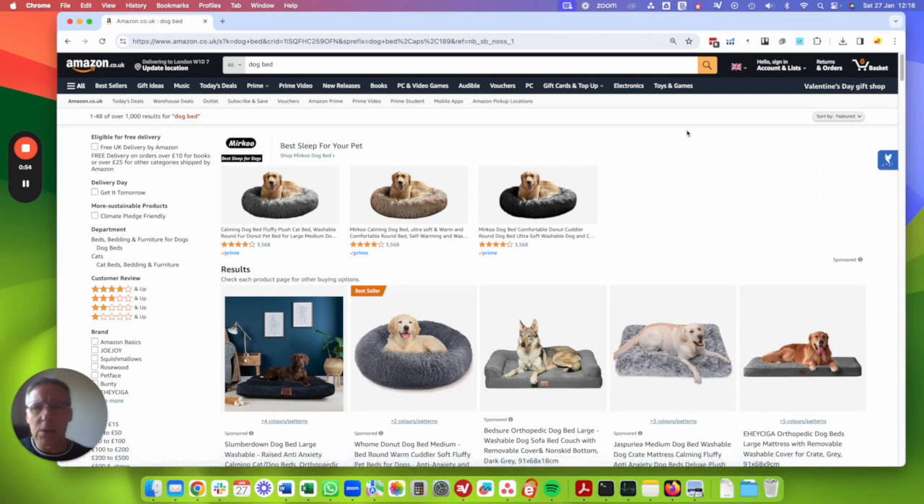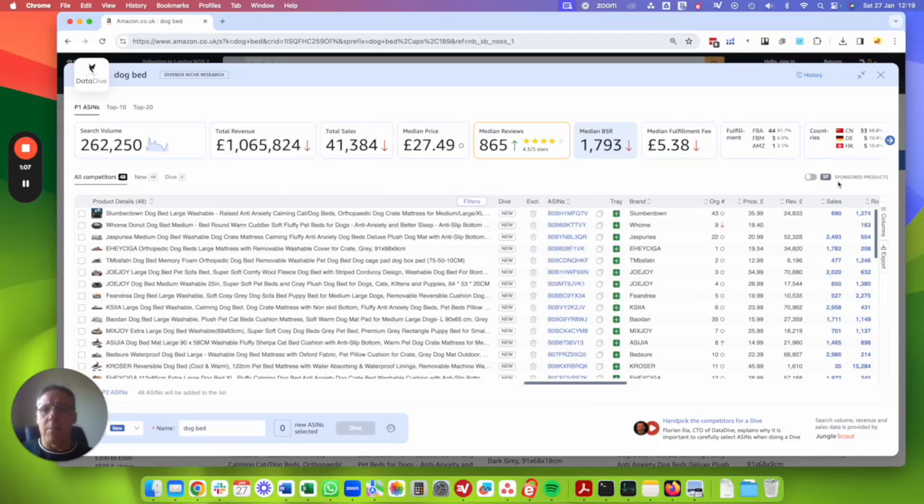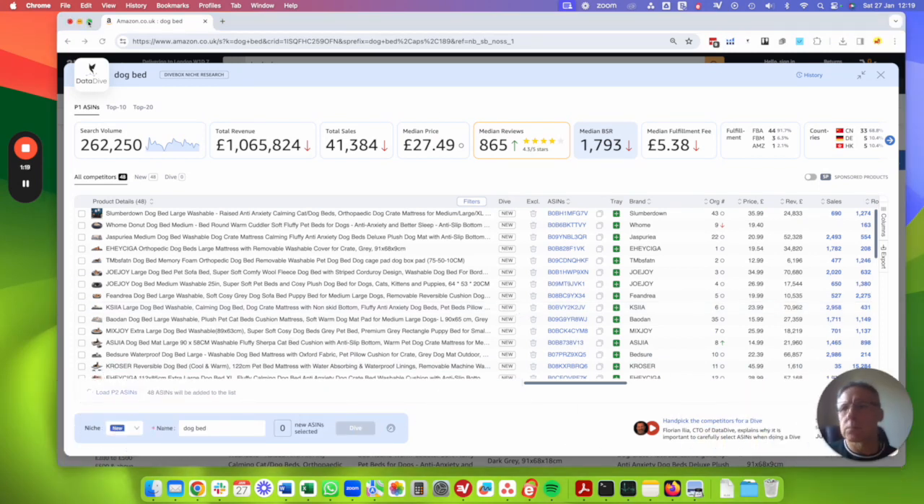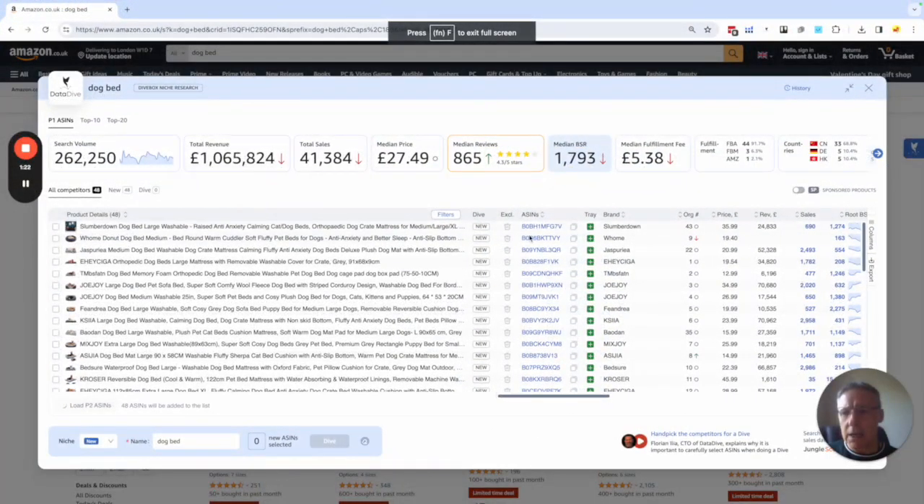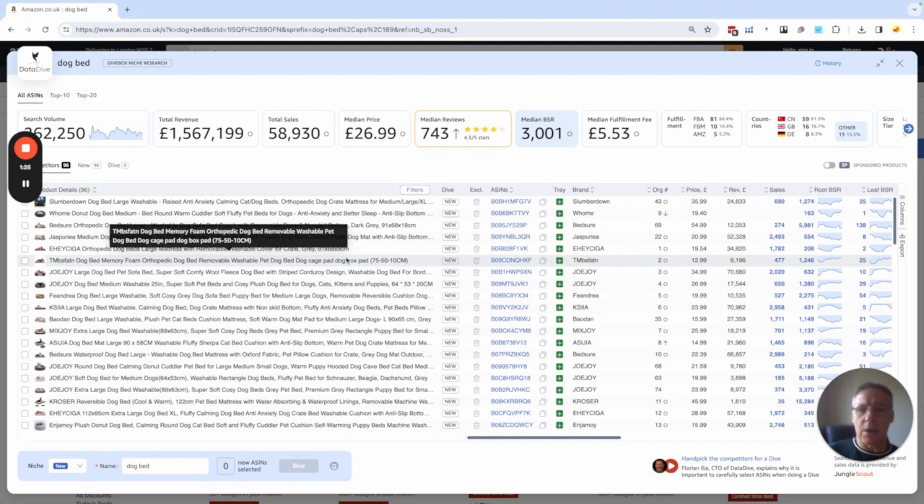Now you can look at all sorts of tools to do this. We use Data Dive, but we also use Helium 10 and Jungle Scout. You can use them all; they're all pretty similar in terms of analysing the data. So, in the UK market, if we just grab the page 2 ASINs as well, we can see once it's finished that the market for dog beds in the UK is approximately 1.5 million